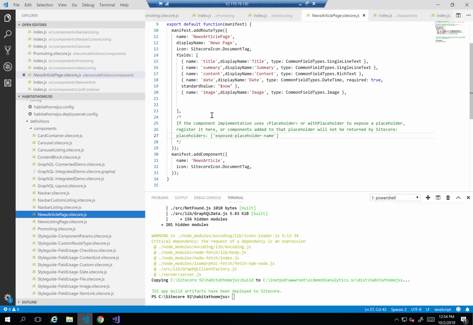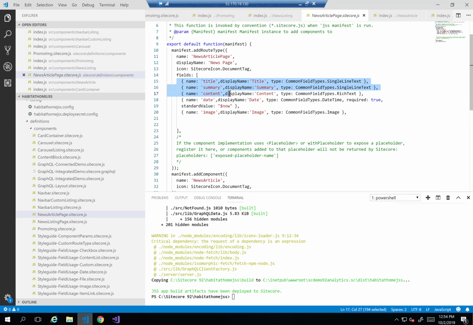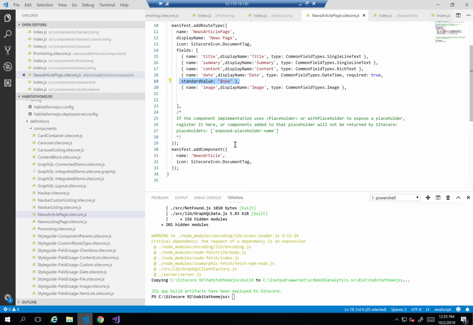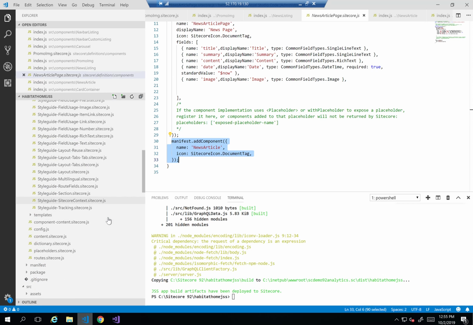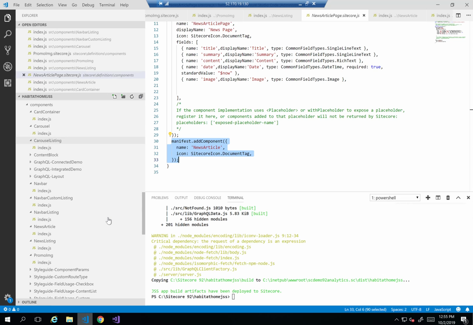The article page has some fields, so you can see here we've added again a route type for it, and this route type has a set of fields which are title, summary, content, date, and image. And the date, I just put the standard value to it to be datetime.now, or now. And then we of course added another component as well. The next thing we need to do is actually create the HTML or the React